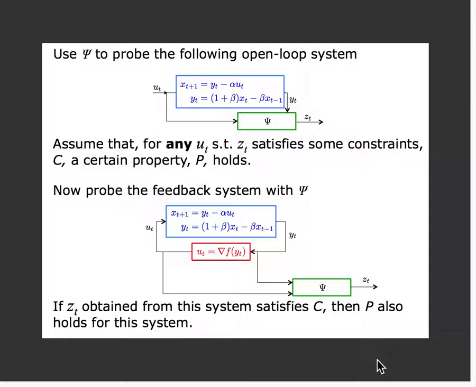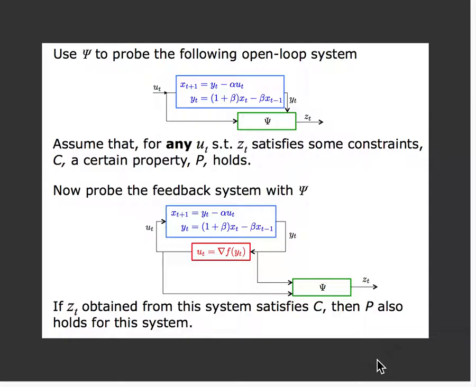Okay, and we probe this system with some function, and let's assume that for any u that we input here, z of my probe satisfies some constraints c, a certain property p holds. So I can prove somehow that no matter what u I put here, as long as z satisfies some constraint c, a certain property that is useful for me holds,